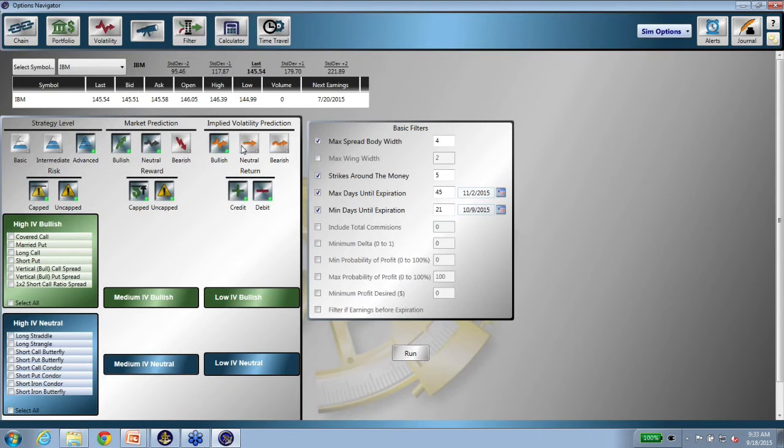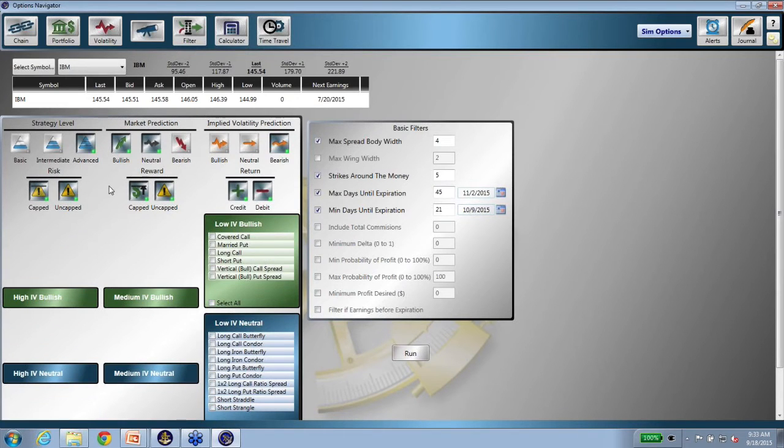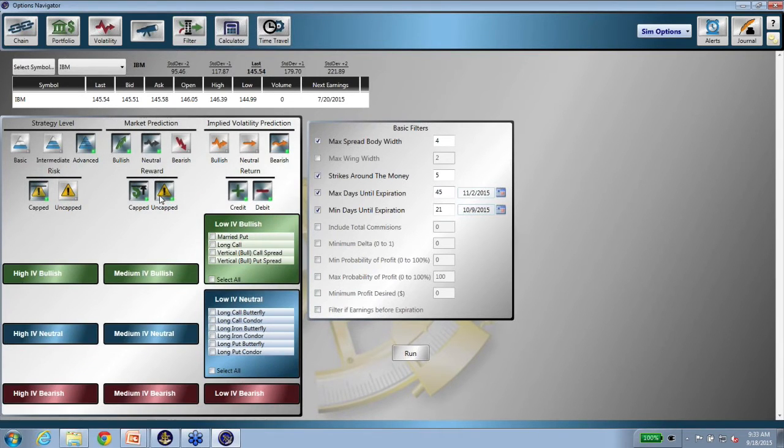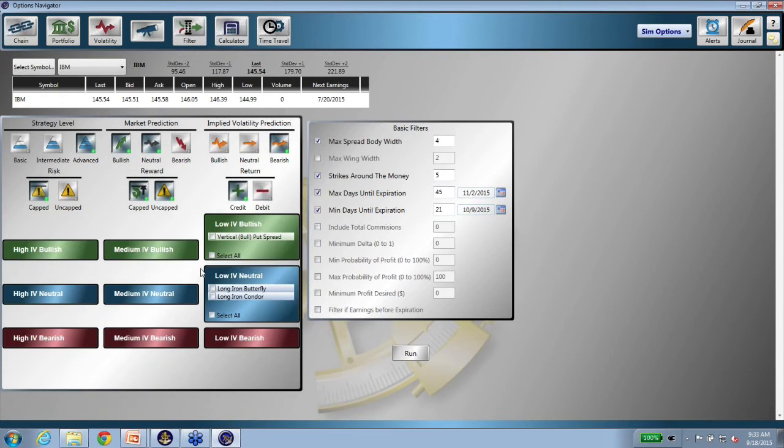Implied volatility prediction, I'm going to basically say it's bearish, maybe because we've had a lot of movement lately or something. I don't know, I'm just making stuff up to show you an example. I do like capped risk. I'll take capped or uncapped reward, but that's not necessarily always going to happen. And then the return, maybe I really like credit return, and then these are the things that I should show. So this is kind of cool, because I can say, okay, this is how I feel about IBM, this is how I feel about what type of option I want to get. And so because I know I want capped,